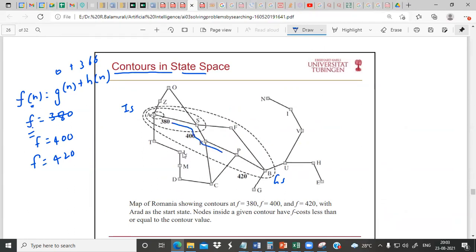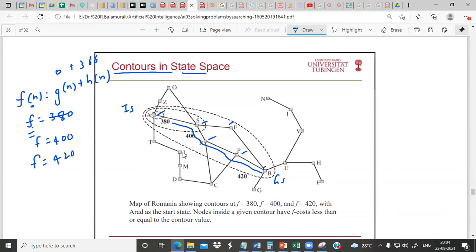solution. That too, we have identified an optimal solution, but we have explored very few nodes. We explored only 1, 2, 3, 4, 5, 6. We have not explored unnecessarily several other nodes. If you are using the normal A-star algorithm, it might have explored Zerind, Oradea, Timisoara, all these things. All these we are not exploring. It might have explored Craiova. So a lot of memory is reduced by this.